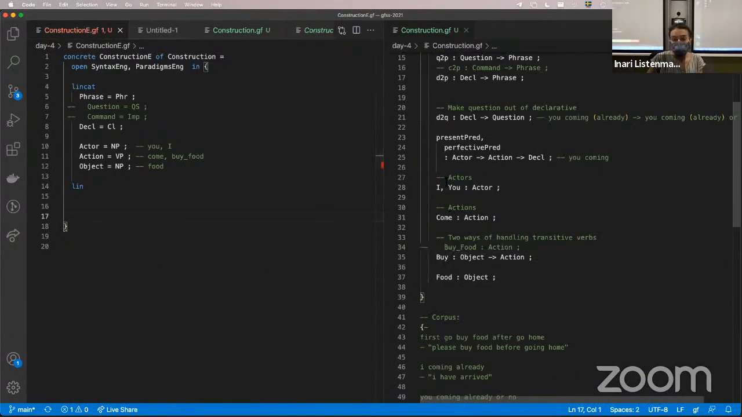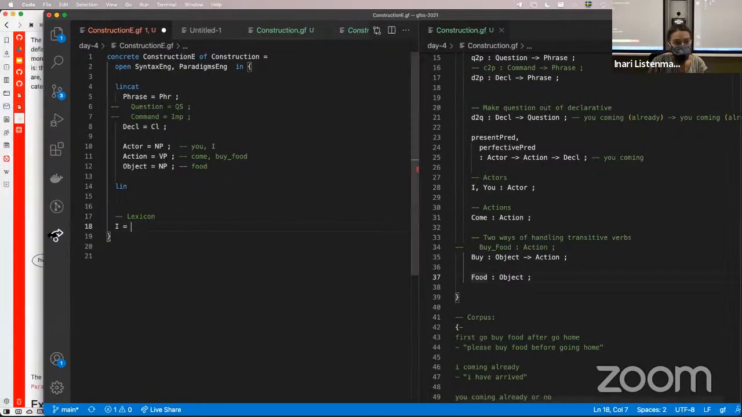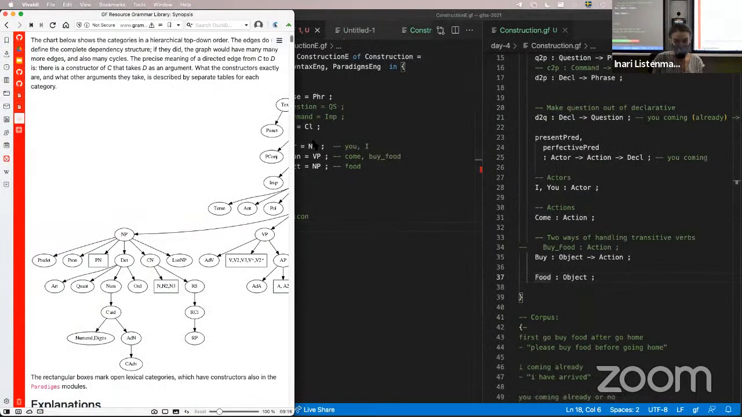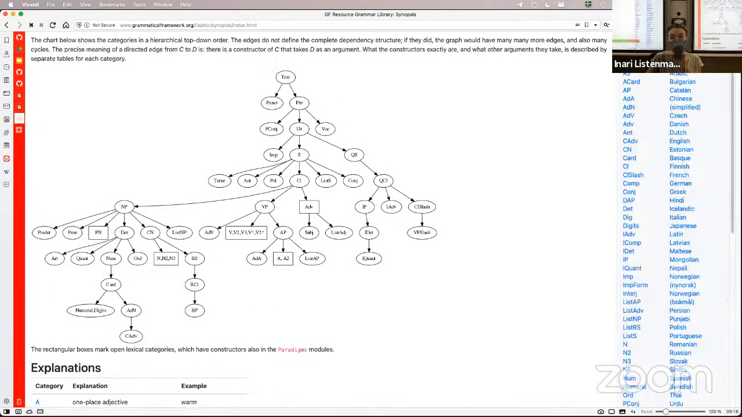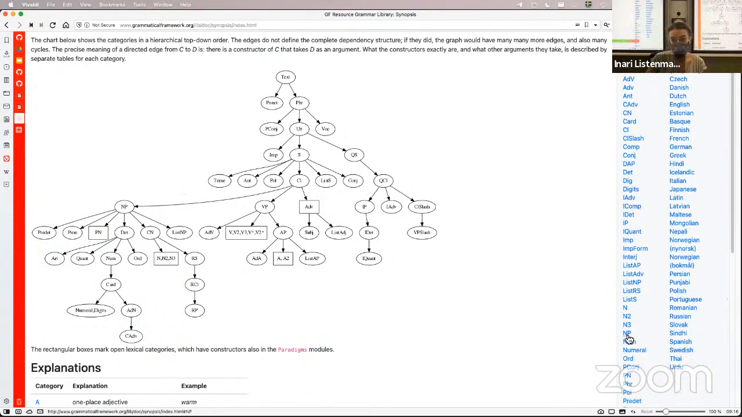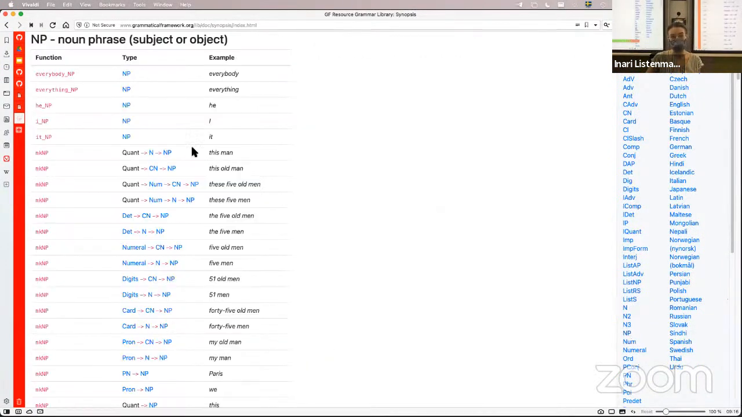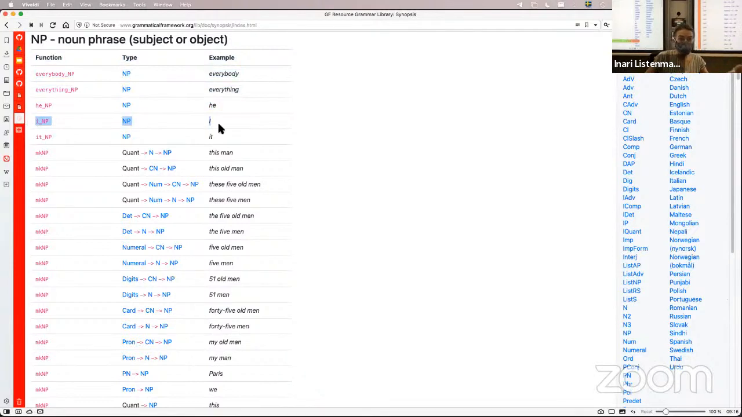We have I, you, come, buy, and food. Now we need to look at the synopsis. We have already decided it's an NP, so now we open this view here to the right. We scroll down, we look at NP, click on that, and we see, well, okay, so first of all, we